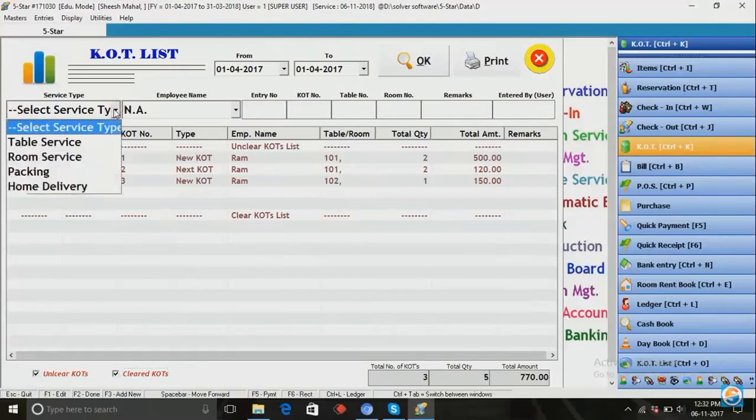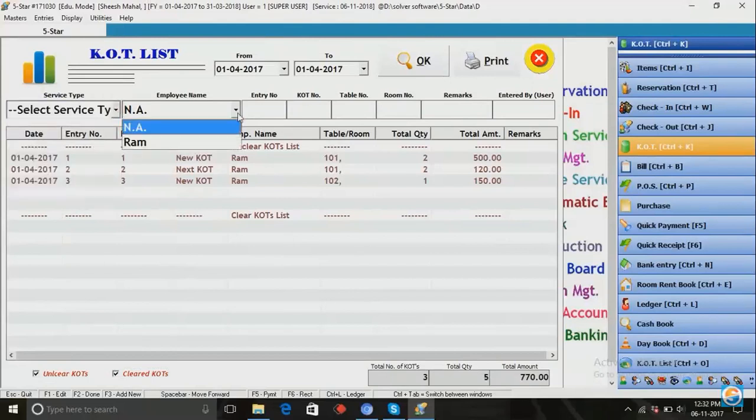तो यहाँ पे आप सर्च भी कर सकते हो, किसी पर्टिकुलर सर्विस को आपने सर्च करना है, अगर आपने सिर्फ टेबल सर्विस को ही देखना है तो टेबल सर्विस सेलेक्ट करके आप चेक कर सकते हो KOT की लिस्ट। अगर आप चाहते हैं कि पर्टिकुलर जो भी एम्प्लॉय है, वेटर है हमारा, इसके थ्रू कौन कौन सी KOT इसने दी है, सर्विस दी है, वो देखना चाहते हो तो उसकी लिस्ट आ जाएगी। इसी तरह से बहुत सारी ऑप्शन दी गई हैं, एंट्री नंबर, KOT नंबर, टेबल नंबर, रूम नंबर, ये सारे सर्च के लिए दिए गए हैं। किसी भी तरह की KOT को आपने सर्च करना है तो यहाँ से सर्च कर सकते हो अपनी रिक्वायरमेंट के हिसाब से। अगर प्रिंट करना चाहें तो आप प्रिंट भी कर सकते हो, इसको प्रिंट की ऑप्शन भी दी गई है।